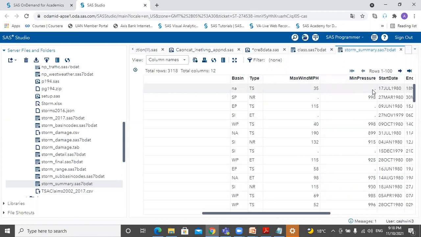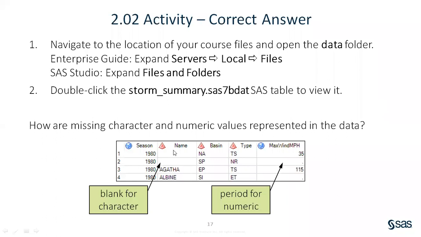Sorry, I was on mute. So this is what it was telling: for a character column, the missing values are represented as blank, whereas for numeric columns, the missing values are represented as a period.